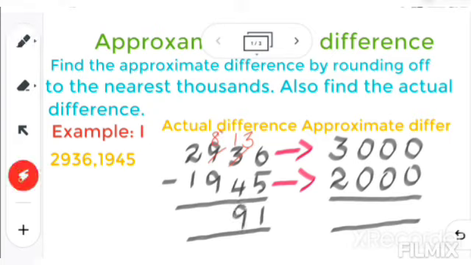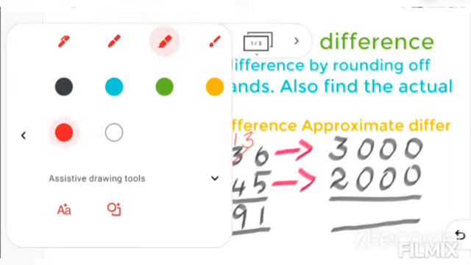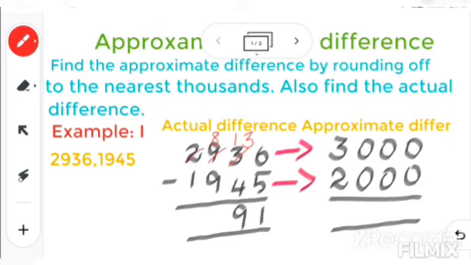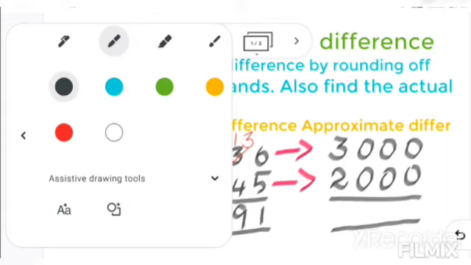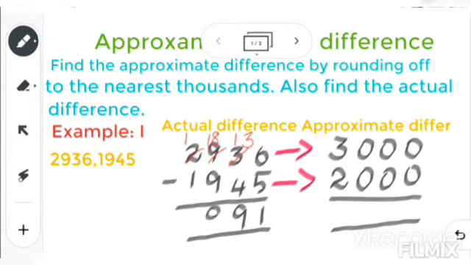Okay, now here again 8 and 9. So 8 is small, 9 is big, so you cannot minus. So you will borrow from the thousands place. In thousands place we have 2. If you give 1 from 2, 1 will remain, and that 1 comes here and this will now be 18. So now we have here 18 and here 9. 18 minus 9, it will be 9. And here we have 1 and 1. So 1 minus 1, 0. If you write 0 or don't write, no problem. So I don't write, I am leaving it.